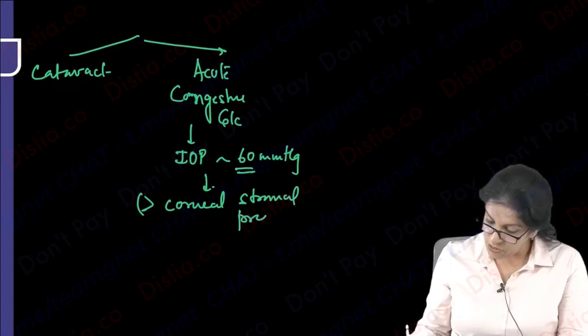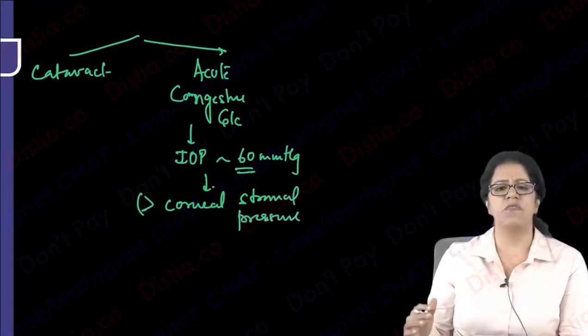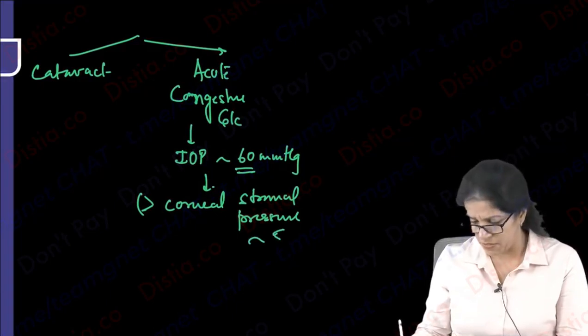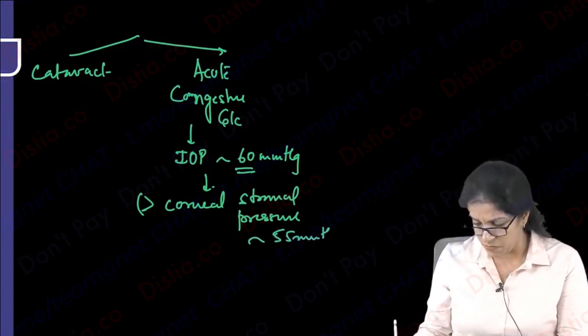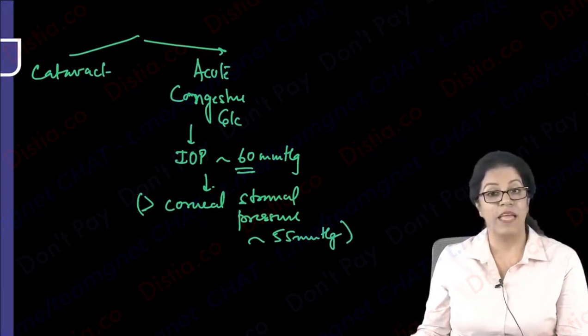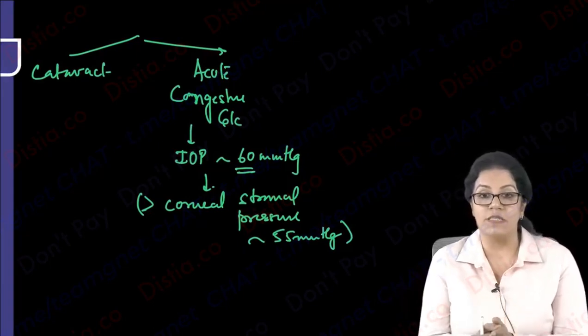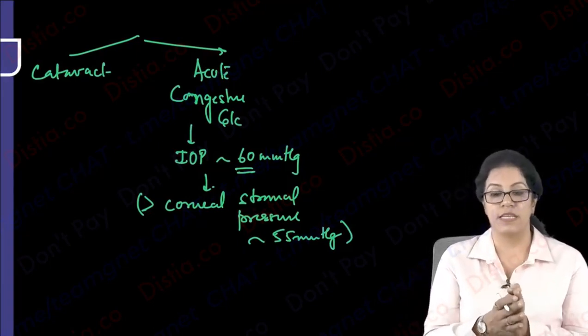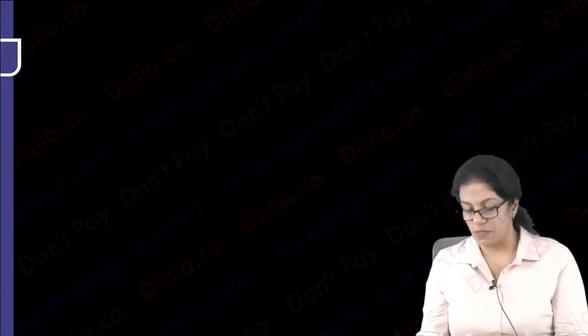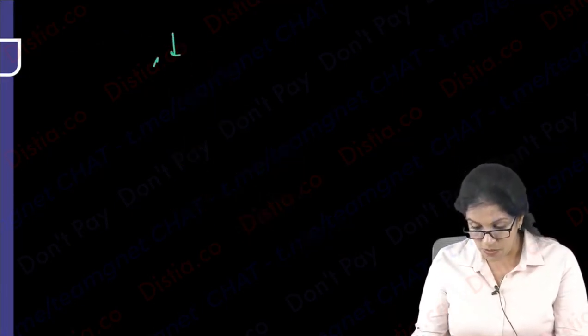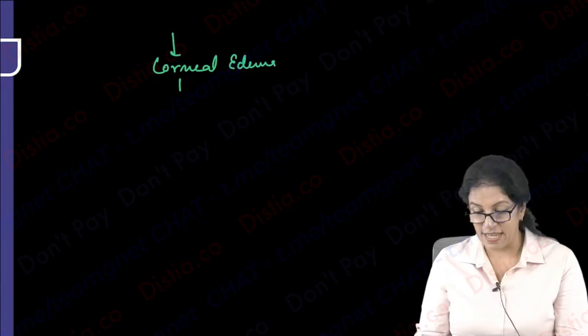Okay, so what is the stromal pressure in the cornea? Around 53 to 55 mm Hg. Whenever the IOP is less than the corneal stromal pressure, of course it is not causing an edema, but when it is reversed and IOP is more, this leads to corneal edema, and this is the cause of scattering of light